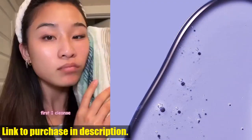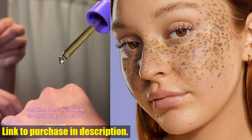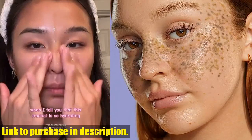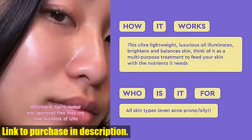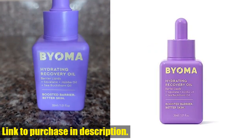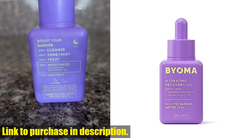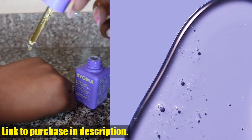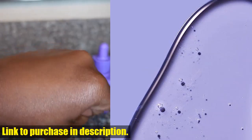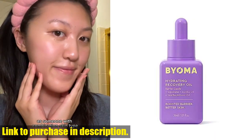Today, we're diving into the world of luxury facial oils with the Byoma Hydrating Recovery Oil. This high-performance formula is packed with all the hydrating and barrier repairing benefits you need for radiant and glowing skin. The Byoma Hydrating Recovery Oil features a barrier lipid complex with ceramides and skin-identical lipids, delivering powerful strengthening actives to your skin. Say goodbye to dull, tired skin and hello to instantly illuminated and balanced skin from the very first